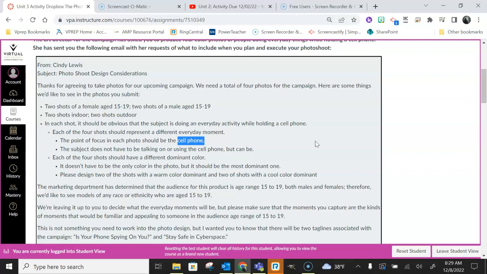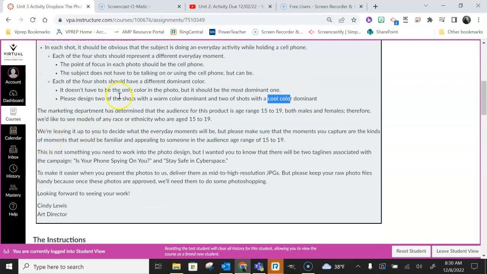Each of the 4 shots should have a different dominant color. It doesn't have to be the only color in the photo, but it should be the most dominant one. Please design 2 of the shots with a warm dominant color and 2 shots with a cool dominant color. All right, we already know warm colors are reds, oranges, and yellows, and cool colors are blues, greens, and purples. All right, so this marketing department has determined the audience for this product is age range 15 to 19,